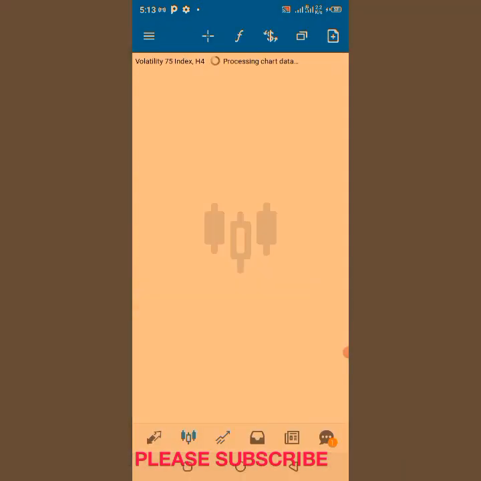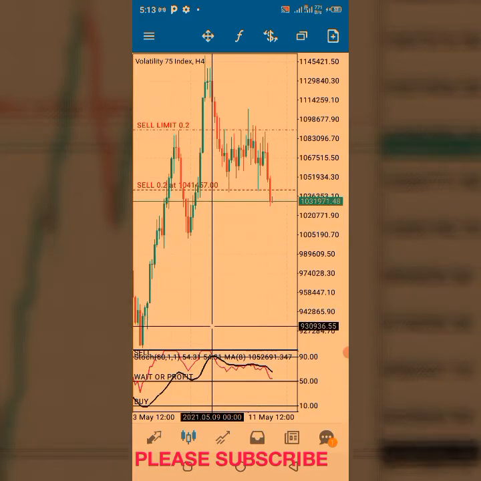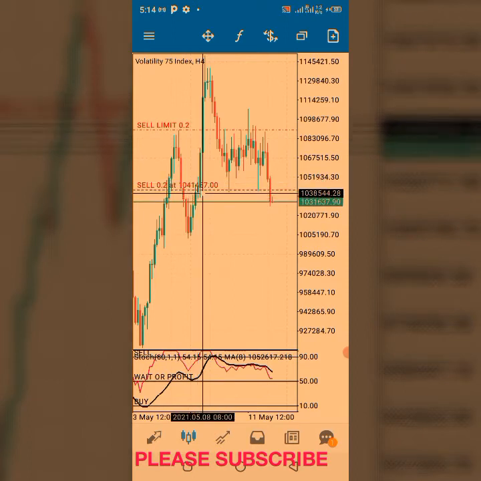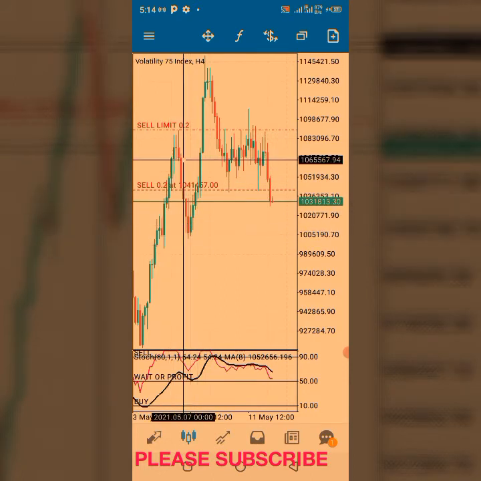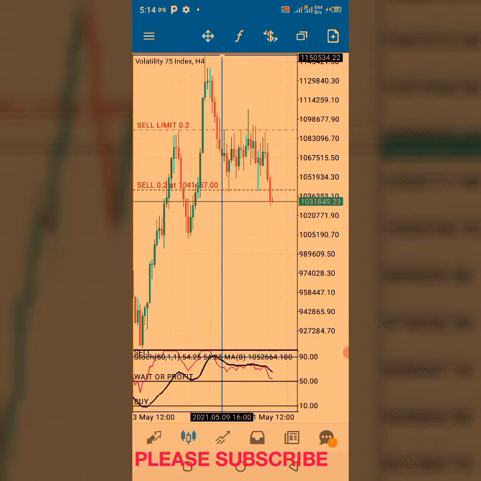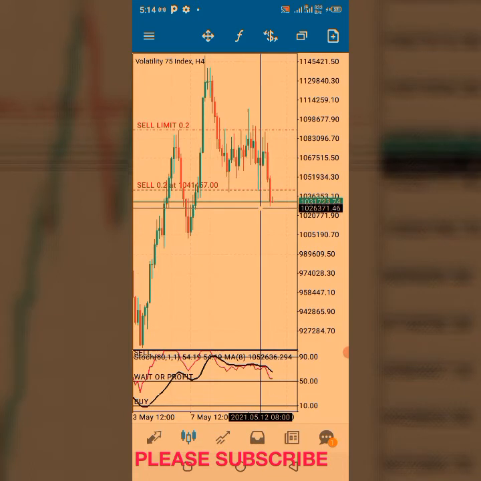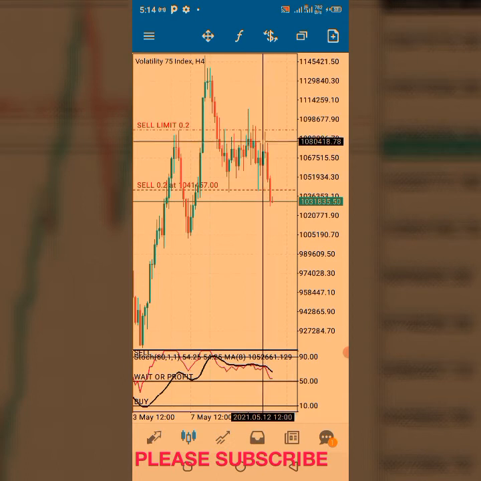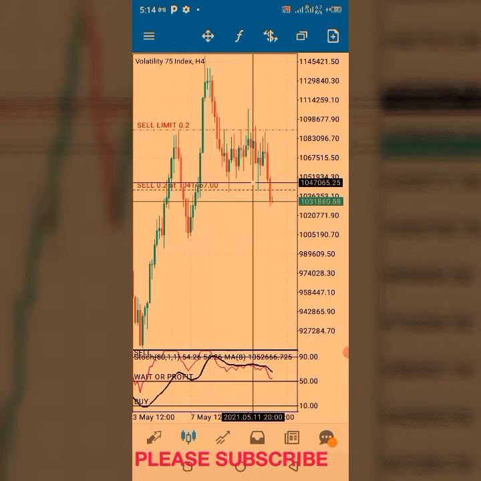Let me open V75. It's still the same strategy I use. I noticed that the DAX is crossing on the 4-hour time frame here, so I didn't enter aggressively. I placed the order because you see that a head and shoulder pattern has been forming here. This is the first shoulder, this is the head, and this is the next shoulder trying to form. I'm sorry, it has already formed. This is the second shoulder, and if I'm correct,